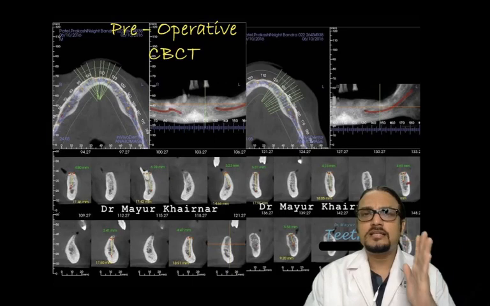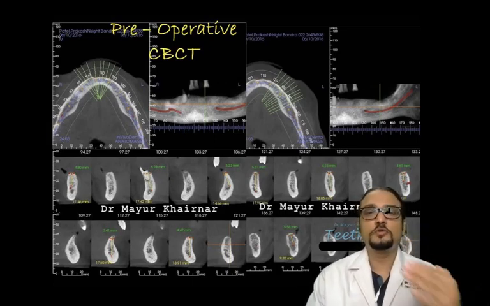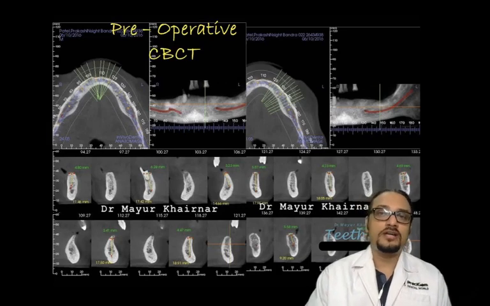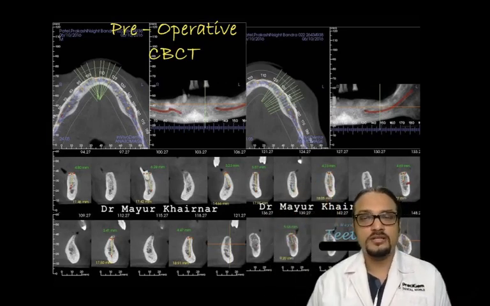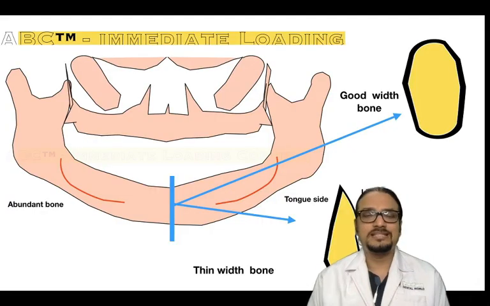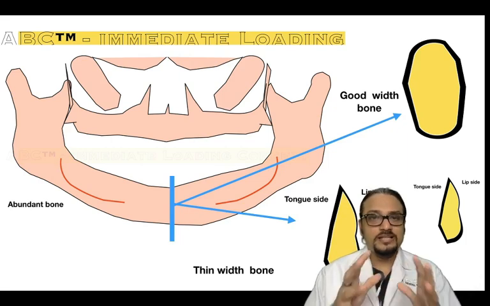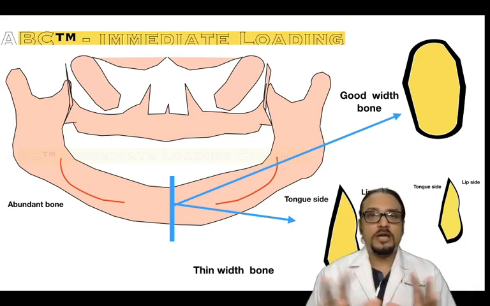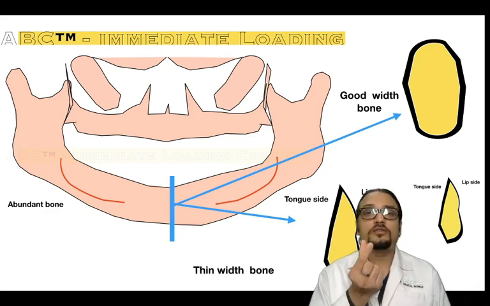These scans are nothing but a third dimension of your dental OPG. We will be coming soon with a video on dental OPG, which will be published at the upper right corner of the screen with an I button. So what is exactly the third dimension? Let me explain with a diagrammatic representation. In this image, you can see the two dimensions of an upper and lower jaw. What we cannot see is the third dimension. The third dimension is nothing but the width of the jawbone.